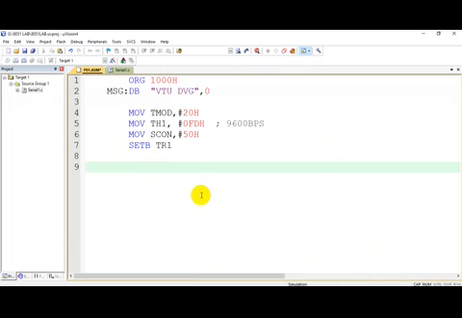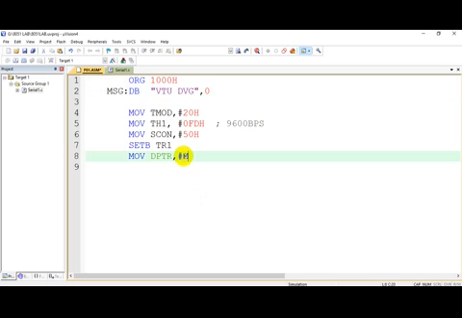DPTR will be a pointer to this code memory, so MOV DPTR, #, and for this 1000H the name we have given is message, so you write MSG. So we initialize DPTR as a pointer to the code memory, or to the message. DPTR is a pointer, just as we have used R0 and R1 as pointers in the previous programs.